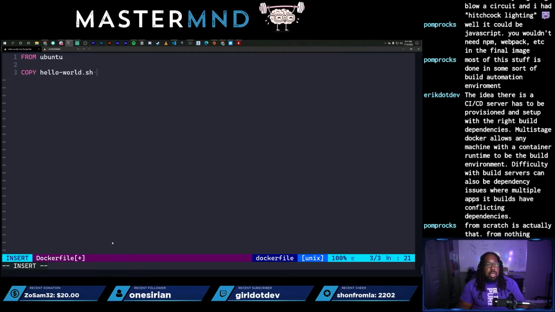I'm gonna copy it into the container at tilde. Actually, no, let's do workdir. Let's use as many things as we can. Workdir, you all said it'll actually create a folder for me. So I'm gonna do folder script. So I'm gonna create a scripts folder here, and I'm gonna copy this to